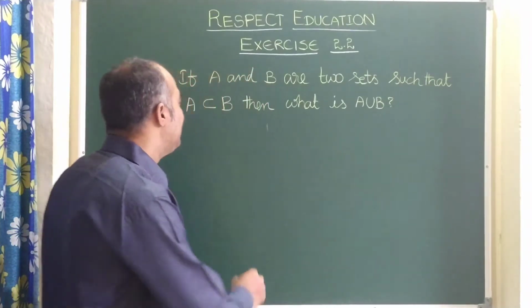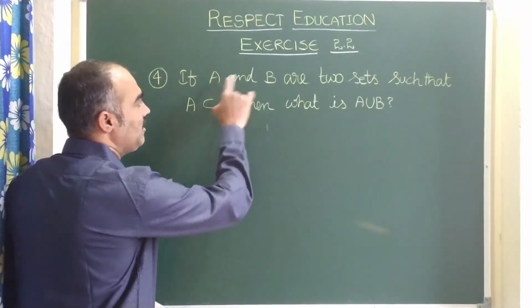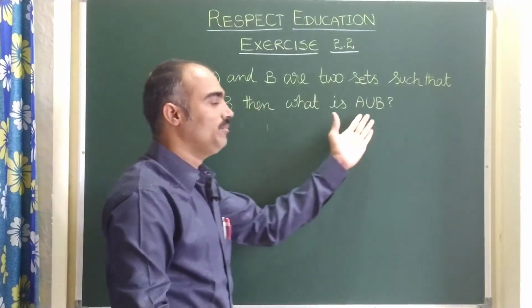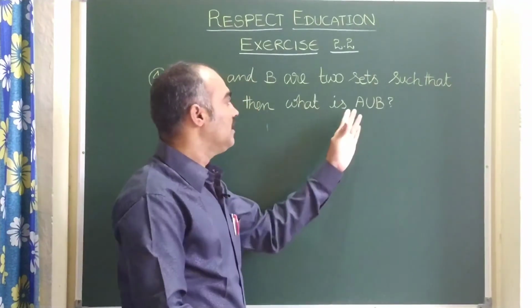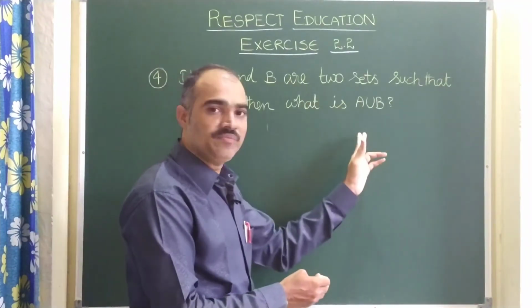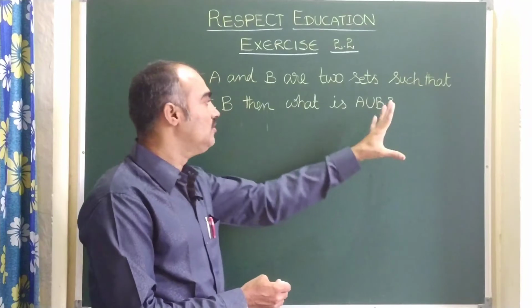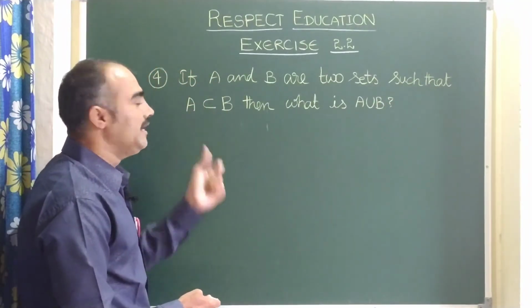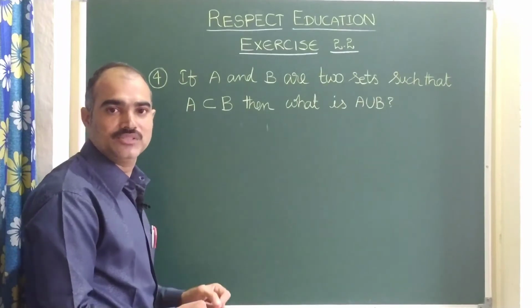So let us come back here. This is unknown for us. Remaining all are known. A and B are two sets. Union, you know already, means the combined elements will come together, elements of A or elements of B. That is okay. But the thing is that here A is a subset of B. I will give you a small idea, children, of the meaning of subset.